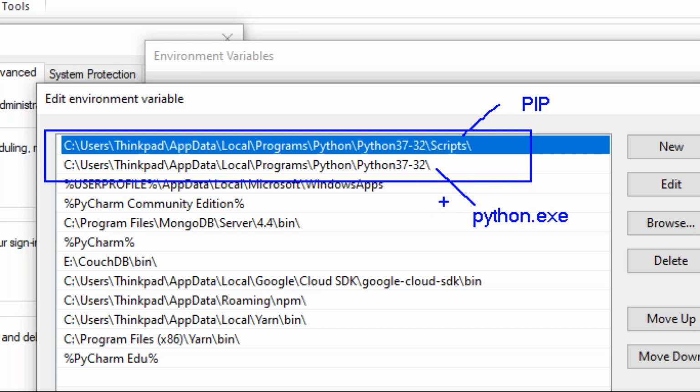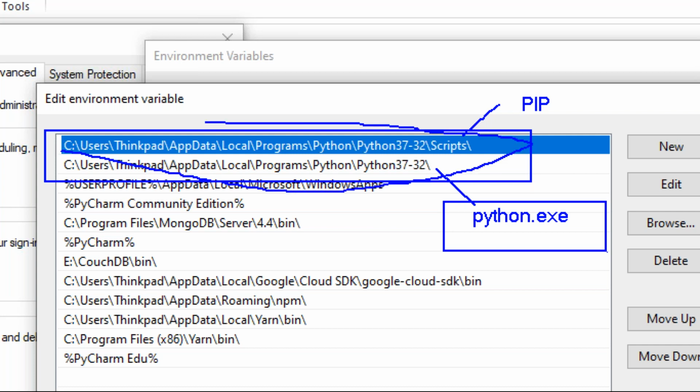This is what we call the interpreter. So these two locations we are giving. Then successfully, after opening the command prompt, we can use python or the pip command, whatever you want. Otherwise, every time we need to open up to here to use the pip command.